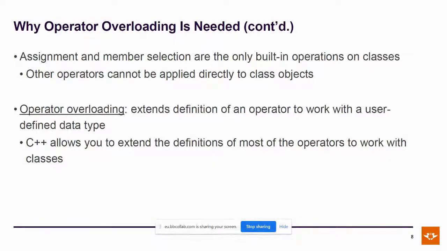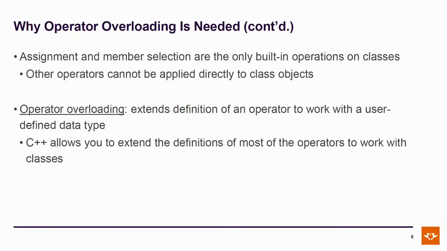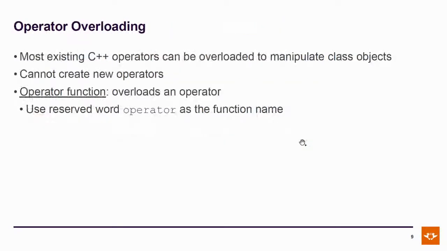We discussed what syntactic sugar was, in the sense that there's nothing you can do with these that you can't do with normal member functions, but it does sometimes make your code easier to understand, and in that sense can be a benefit. So we use it. Overloading an operator extends the definition to work with your particular type, and you can use it in combination with existing types and your types, but you can't replace the meaning for pre-existing types completely. You can't change the meaning of the operators for integers or doubles or any other pre-existing class type, but you can define what it means to use those other pre-existing types in relation to your class, without any issue.